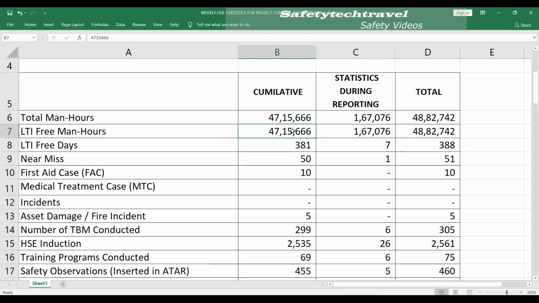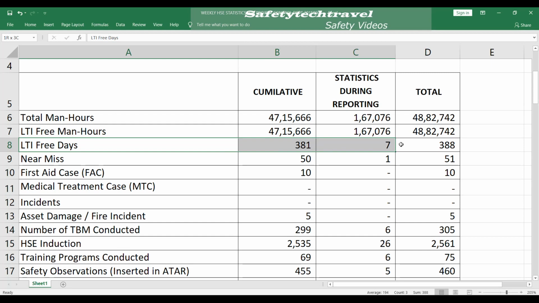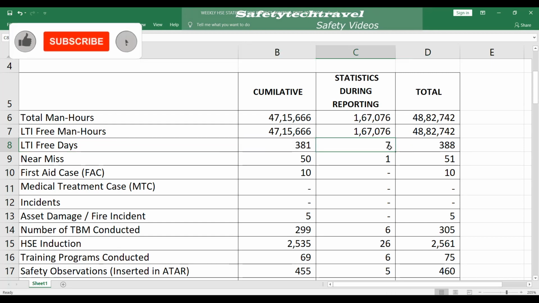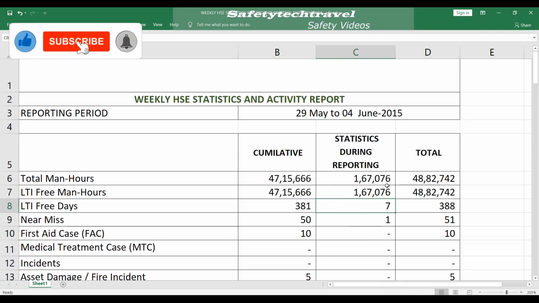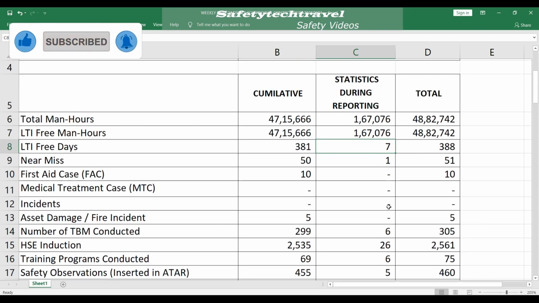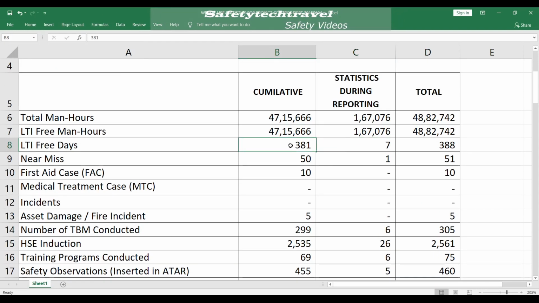If there is an LTI, it counts from after the LTI up to the date. LTI free days: how many days you worked LTI free. So 7 days for one week's statistics, 7 days we worked without LTI, and the total year cumulative is 389.